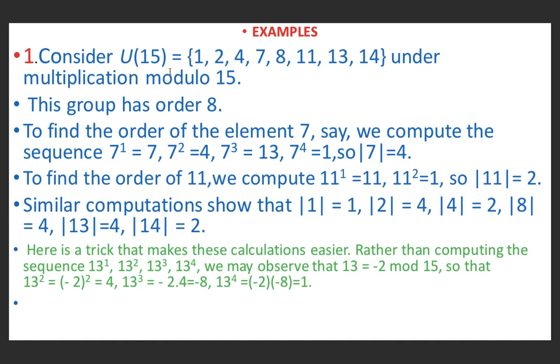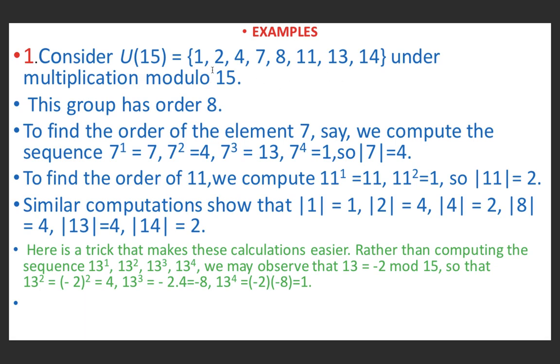So we will write the elements which are relatively prime to 15, meaning the greatest common divisor of that element with 15 is 1. So I have written 1, 2 and 15 are relatively prime because they are not divisible by any number other than 1. 4 and 15 are relatively prime. 7 and 15 are relatively prime. 8 too. I have skipped 9 because 9 and 15 are divisible by 3. So we will write those elements whose greatest common divisor is 1.